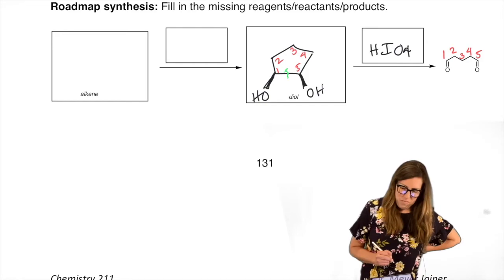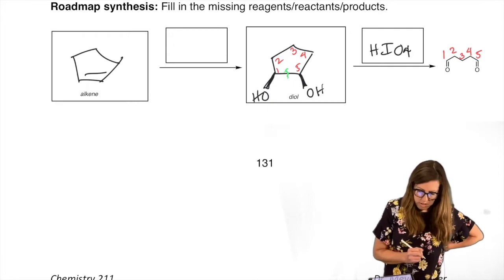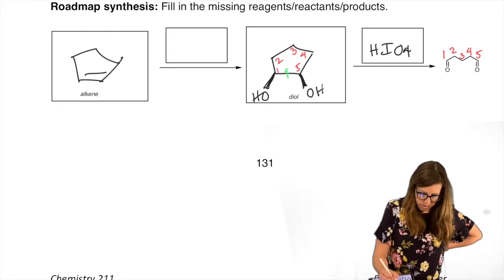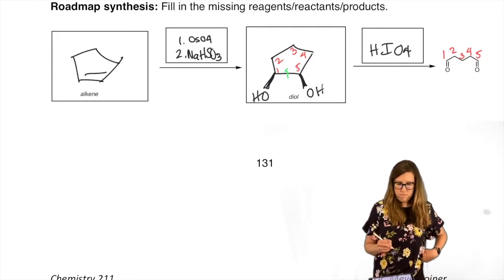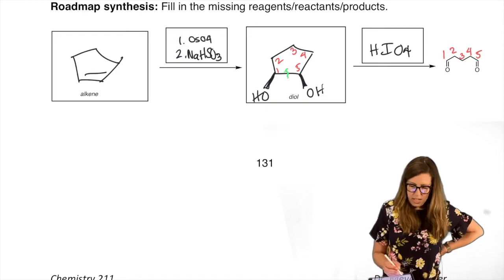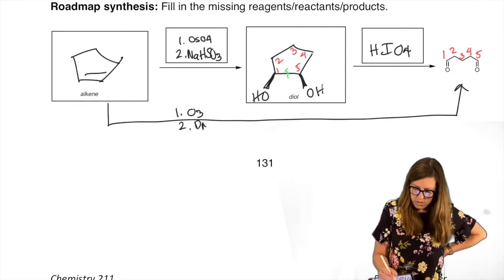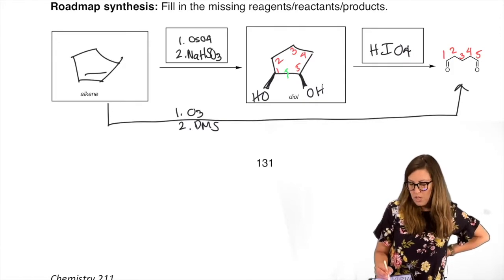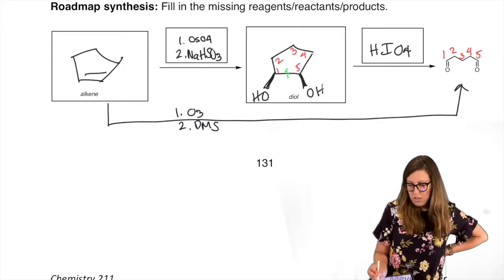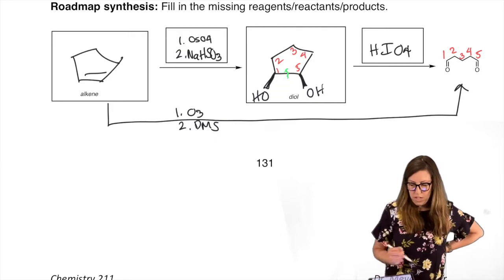Okay, how did we get there from an alkene? So the alkene would have looked like this. And what do we know that makes syn diols? OsO4, right? First OsO4, followed by the reductive workup, NaHSO3. You might say, hey, why 2 steps? I could have done this with ozonolysis. Yes, you could have. That's why I don't think this is what we'd practically do synthetically. It would only be useful to use HIO4 if we arrived at the diol, and that's what we needed to work with. We're forced to work with a diol.